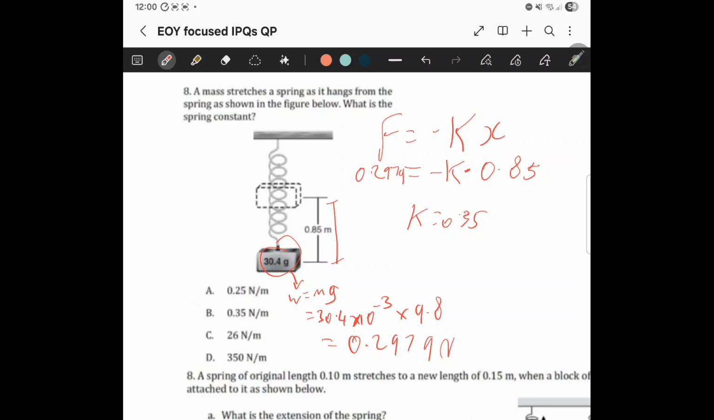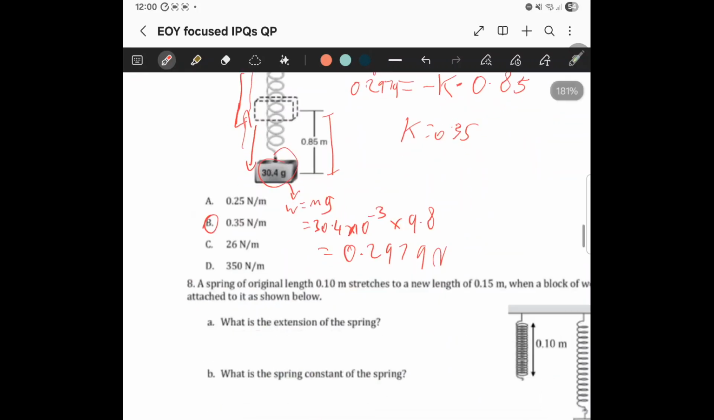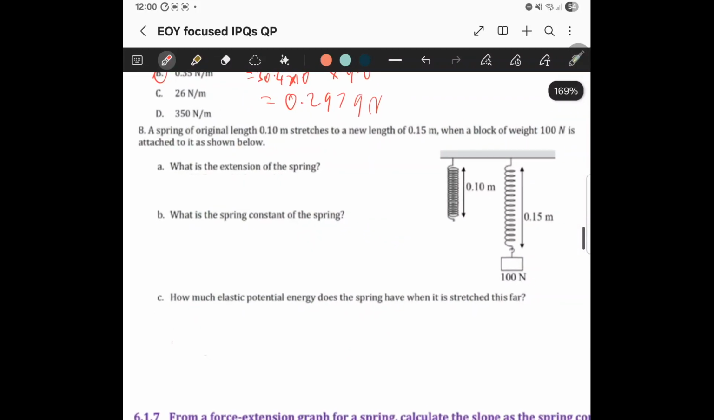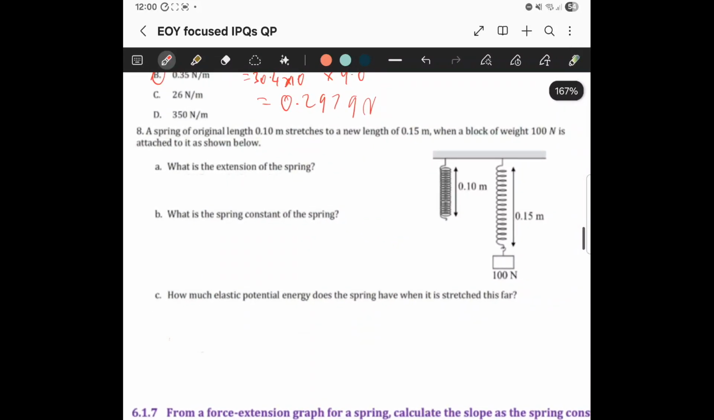And it's supposed to be negative, but it's not important. Negative just means it's going in the opposite direction. If I go down, the force is pointing up. If I pull it up, the force is pointing down. That's the only reason we have a minus. So 0.35. A spring of constant here, 0.10, stretches to a new length of 0.15 when a block of weight